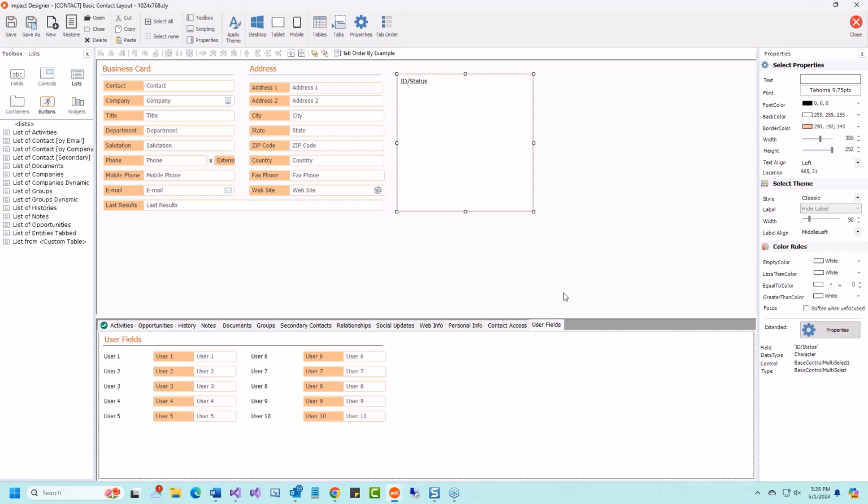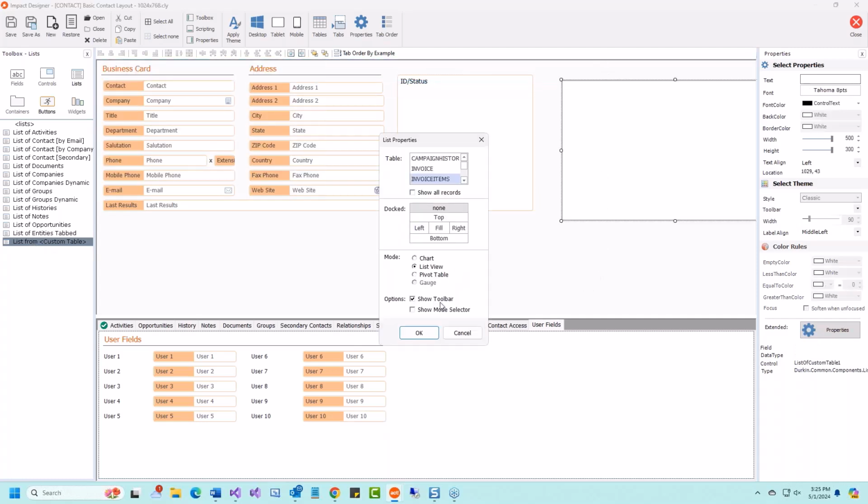And I have a table called rentals. So underneath the list, it's a custom table. So I could say list, right there at the bottom. List from custom table. So I'm going to drag this control onto the screen, and it brings up my custom